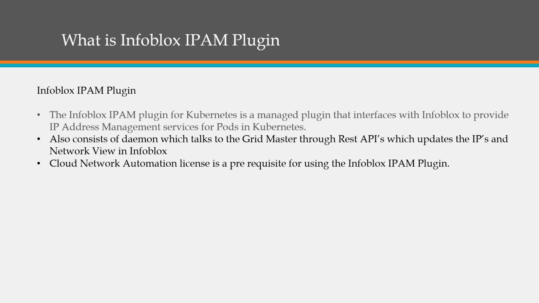So if you remember, when we issued the command kubectl get pods, it returned a bunch of pods, and I told you that CoreDNS needed a pod network to come up. For the pod network, what we have used is a CNI called Flannel. The Infoblox IPAM plugin also provides similar capabilities, but if we directly install the IPAM plugin without installing Flannel, it was not working. So that's why I have to install Flannel first, and then on top of that I will install this IPAM plugin, and that should